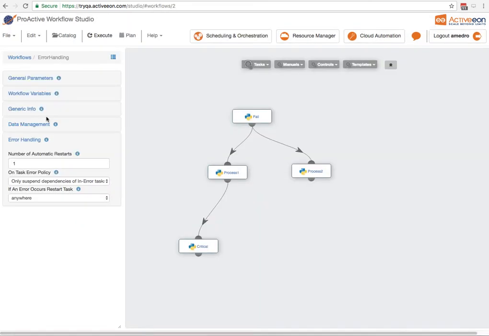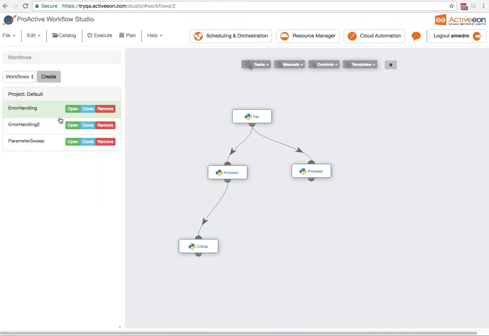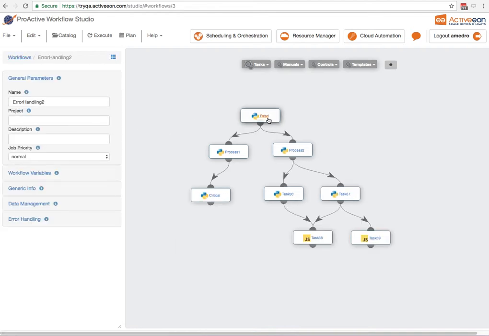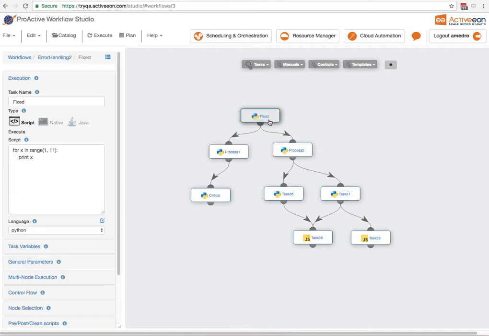Next, let's be more precise with our error handling. For that, I have another workflow, which is pretty similar to the previous one. The difference is that the top task is fixed, and only the left branch is failing because of this task. I introduced a syntax error in this task. The right side contains just more tasks with some waiting tasks, so it takes longer to execute, useful for the demonstration. I introduce an interesting thing with this critical task.